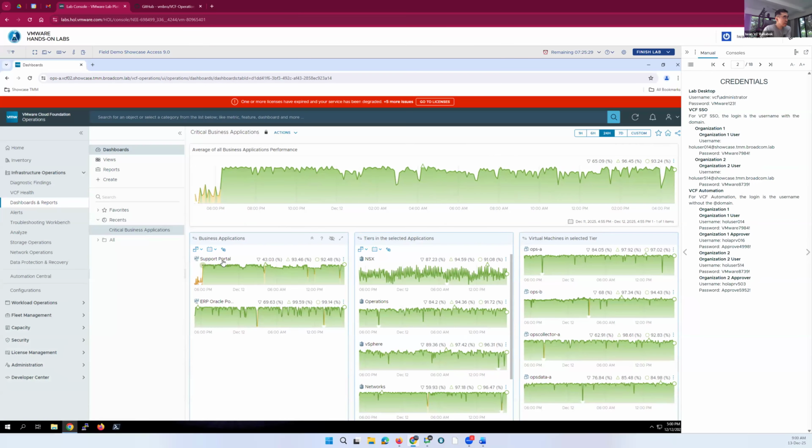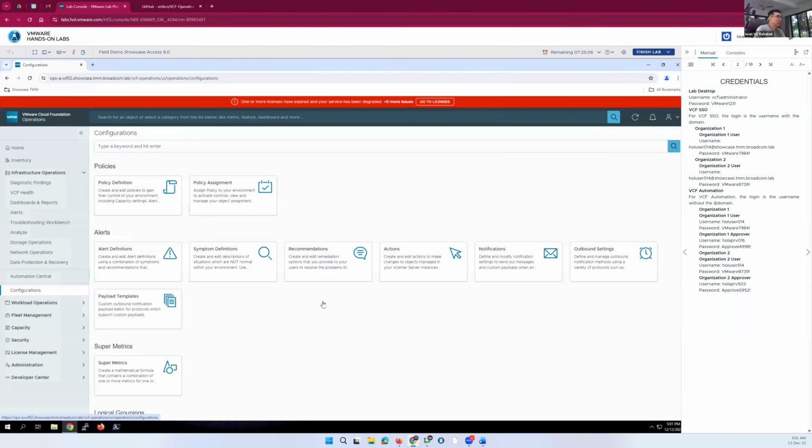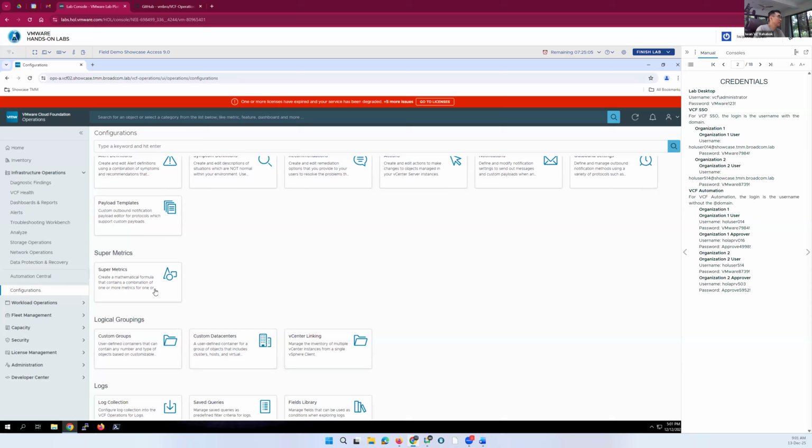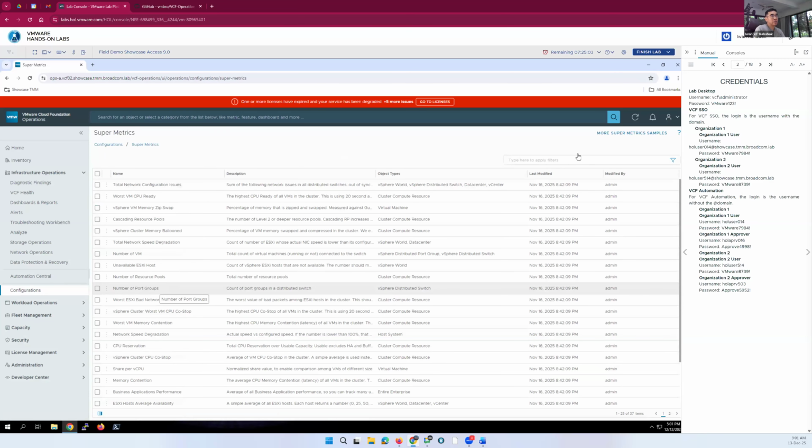So instead of showing boxes, I decided to show a trend chart so that you can see that there is a dip inside here. And then this is simply the average of all these. The supermetrics we talked about earlier are here. And just now we talked about, let's say, application.